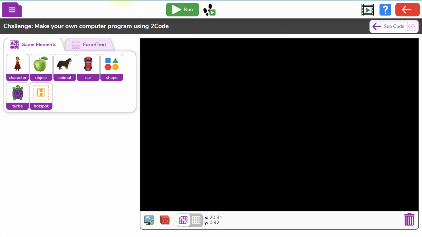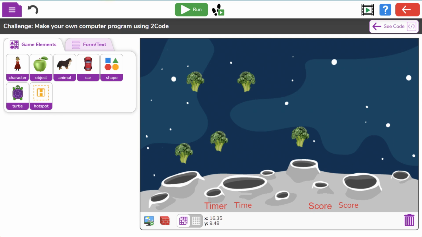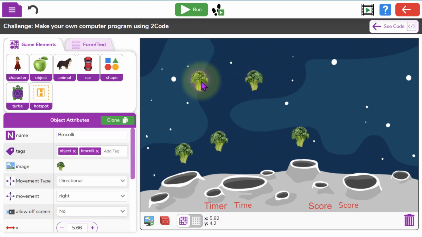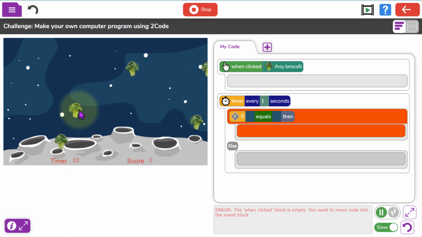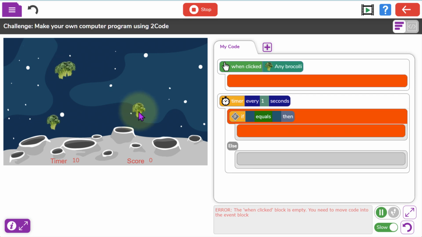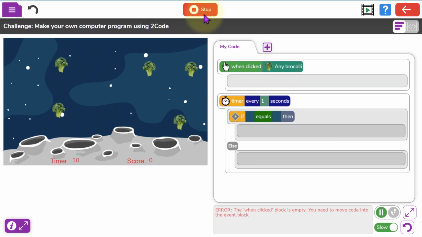So we can end up giving them something like this, where I've already put some broccoli in space here, which is going to start flying around when I click run. And the idea of this game is that you have to click on the broccoli to get a score. But at the moment you can see the timer here isn't going down, and the score doesn't do anything if I click on a broccoli, and the broccoli doesn't do anything either if I click on it. It still needs work doing to it, but it doesn't need all of that initial setting up,